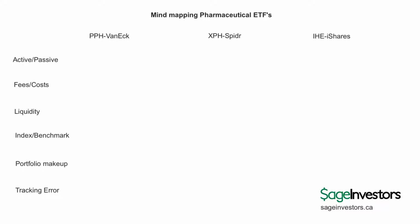One of my core investing themes, or exposure that I like to have in my portfolios, is on the healthcare side. And from what I've been reading recently, it seems like the pharmaceutical side, or the drug side of the healthcare sector, has been underperforming the market. So that got me thinking, you know what, I'd like to get some exposure to that side of